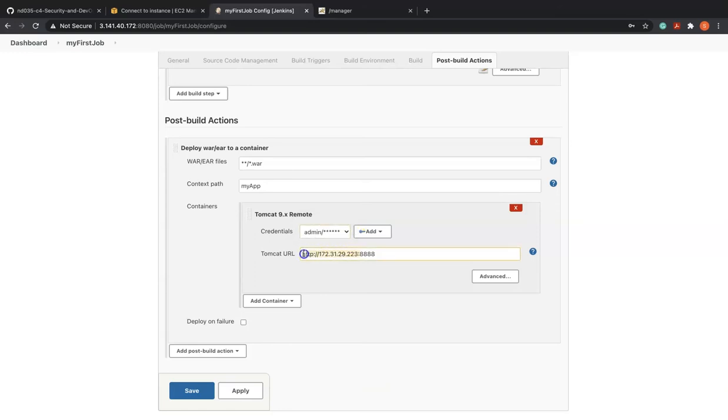Now this particular URL is important. If you try to guess it, this is not the public IP address of the host. Instead, it is the private IP address of the host where both the containers are residing. So currently this Jenkins is in container 1. It is trying to access the container 2. So container 2 is accessible using the host IP address, private one, :8888. Why the private IP address? Because every time you reboot your EC2 instance, the public IP is going to change, but the private one would remain the same. So hence I've used the private IP address.